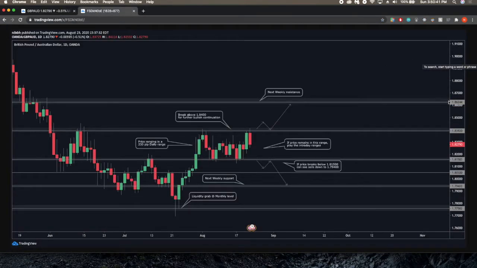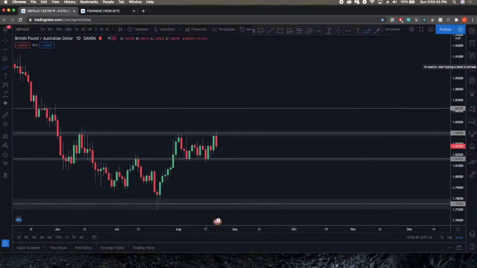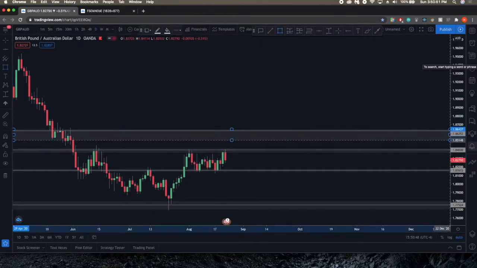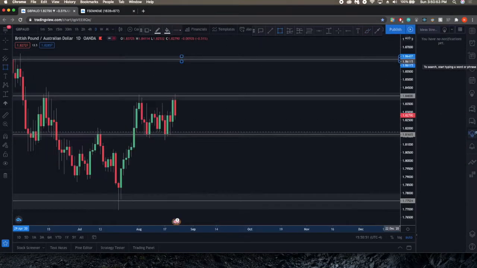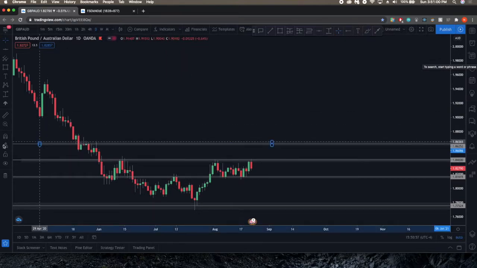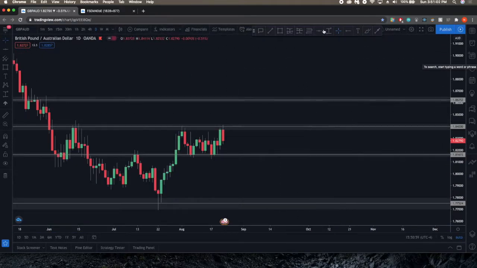I think I had it at, yeah, 1.862. Again, 1.862, or you can even do 1.860 if you want to do a round number. So we got that. Let me just draw this zone right there. Draw this out, right? So these are the key levels, and I also had this one here, this intraday level,